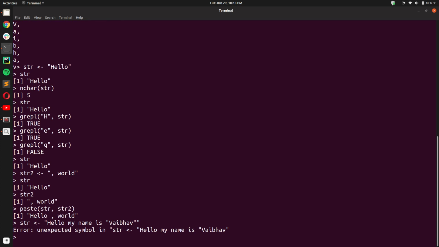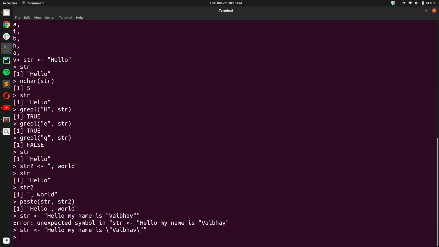I get an unexpected symbol error, and this is because I have double quotes inside of a string that I had initialized using double quotes. If I wanted to retain the double quotes but still initialize this variable, I will have to use escape characters. So I'll have to escape the two double quotes beside my name, and when I press enter now, you see that I do not get any error.